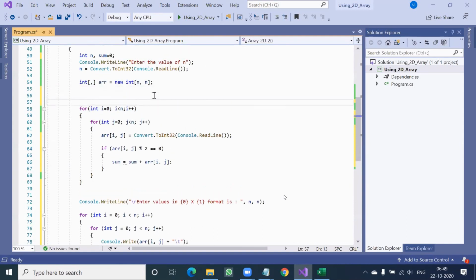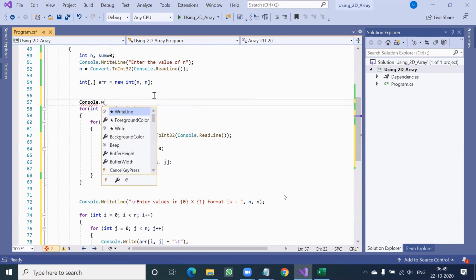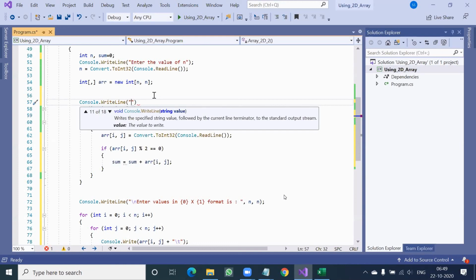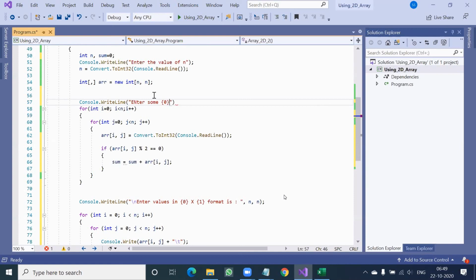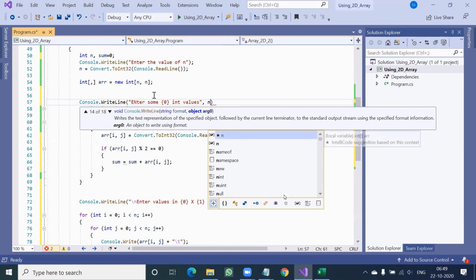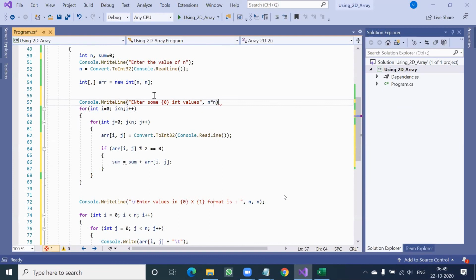For accepting, you can say a message to the user, because the user will not know that we are expecting some numbers from him. So you will say, enter some {0} integer values. Here you can say n multiplied by n. Why so?